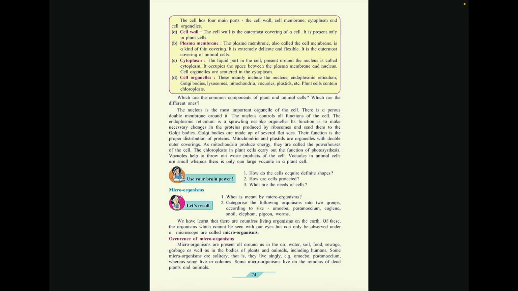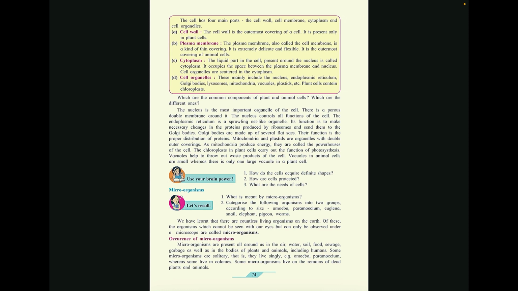And inside the cell, there are cell organelles like the nucleus, endoplasmic reticulum, Golgi bodies, lysosomes, mitochondria, vacuoles, plastids. Here also some cell organelles are present only in plant cell and some are absent in animal cell. That we are going to cover in another